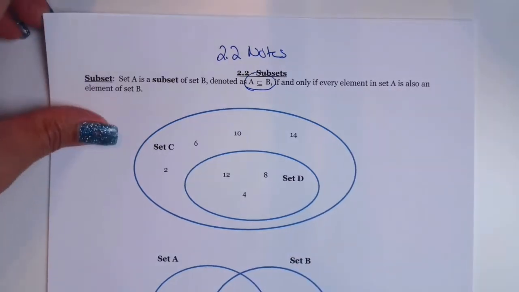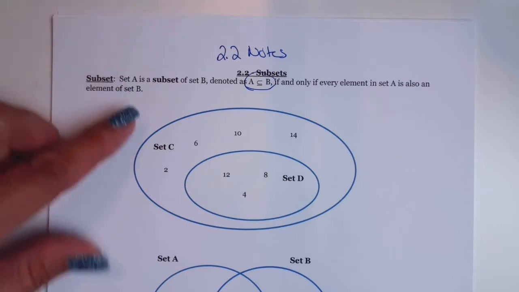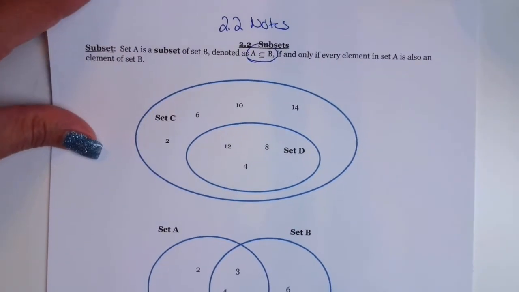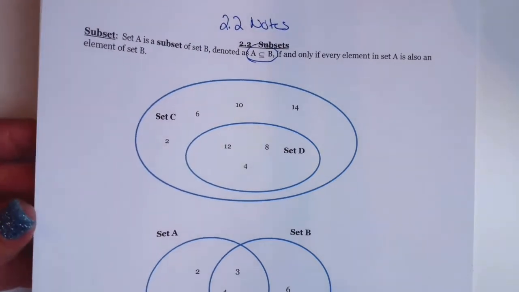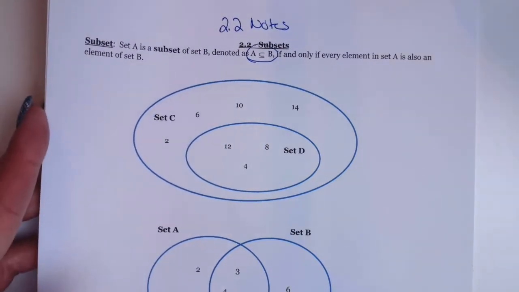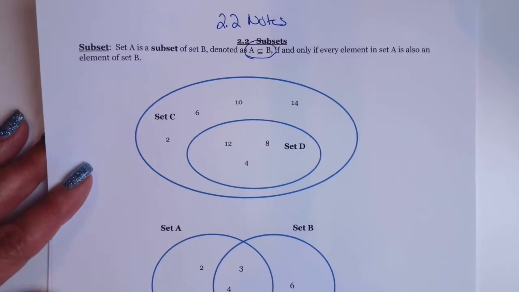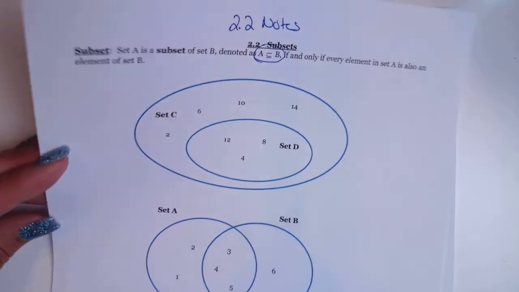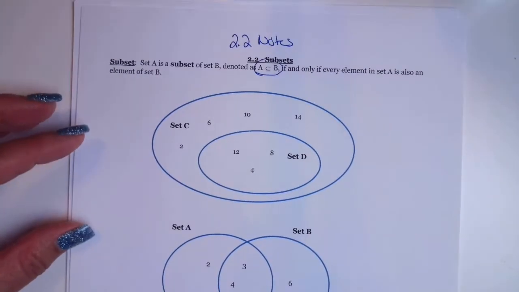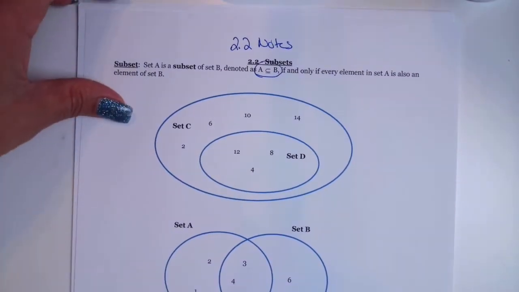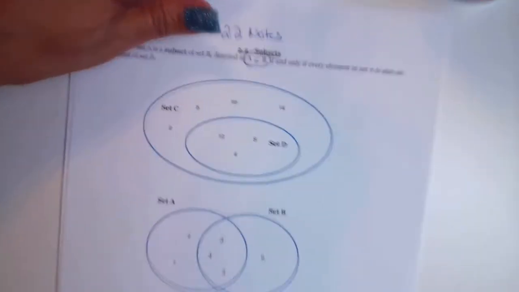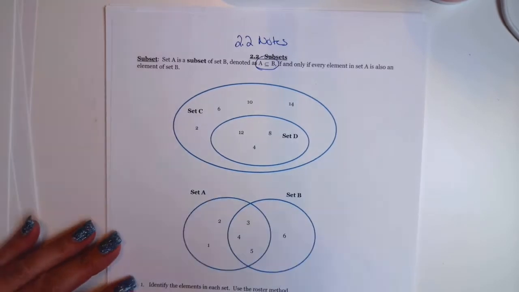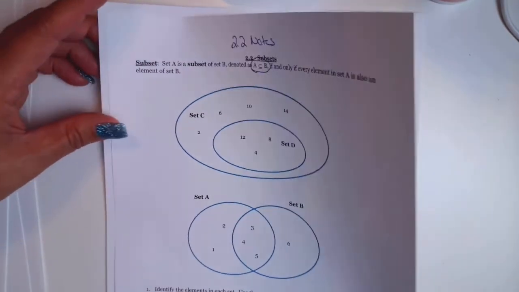So let's look at, we have set C and set D, set A and set B here, and let's look at the examples. So actually I'm gonna zoom out this a little bit so that we can see the whole page. Is that all I can do? Here we go. That should be enough. Okay, so